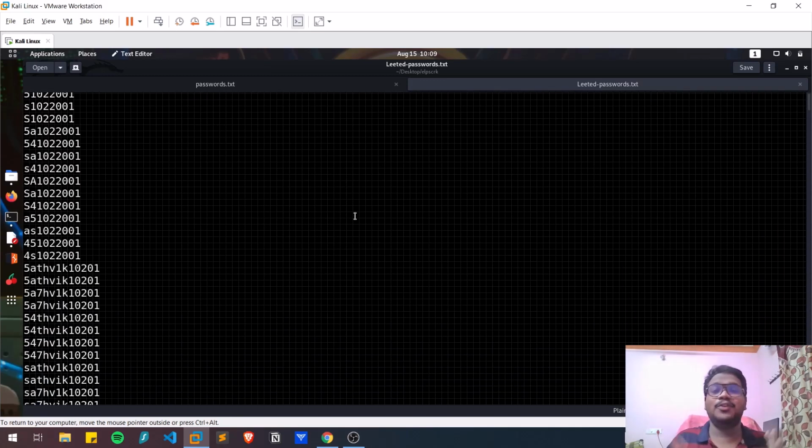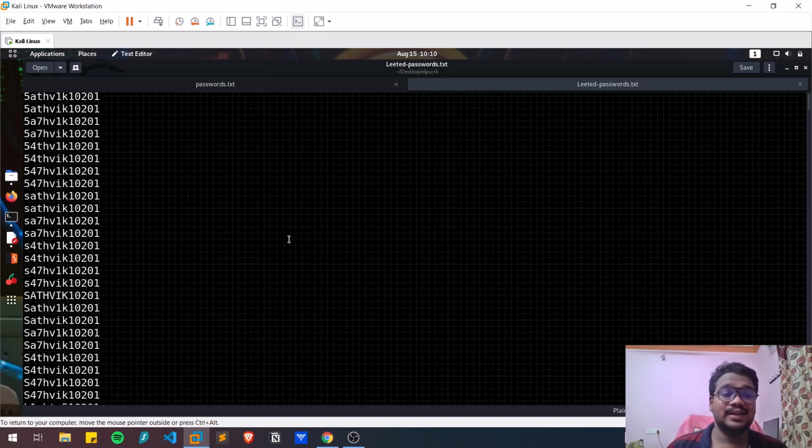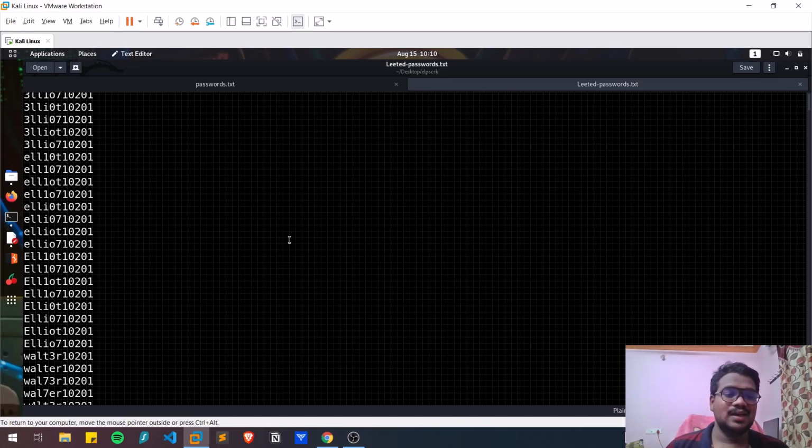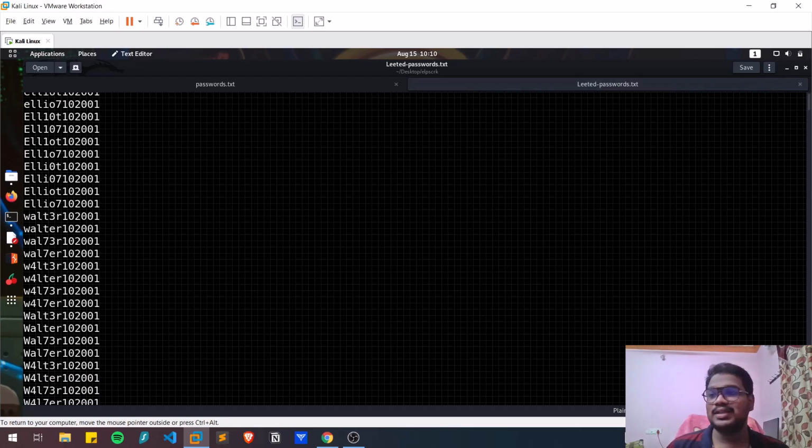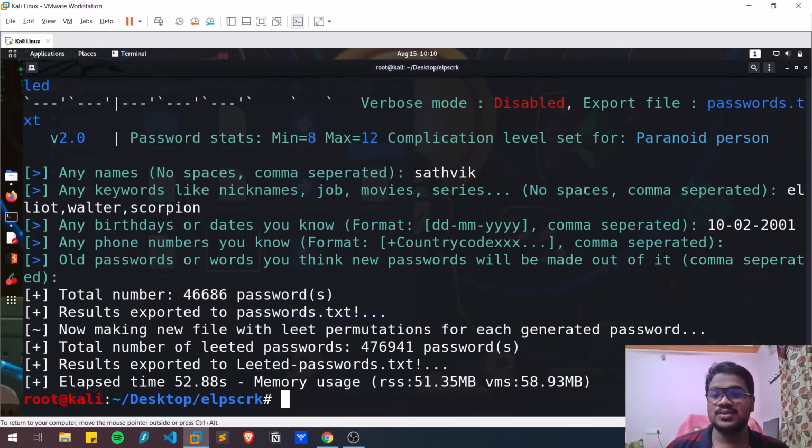So if you can provide various information like his previous passwords or his phone number and all the dates that you know about that person, as well as all his likings, job, etc., I could definitely say you can have like a 70% possibility of finding his password. Because the way this tool is generating is really good. You can see 46,000 passwords is not a joke.